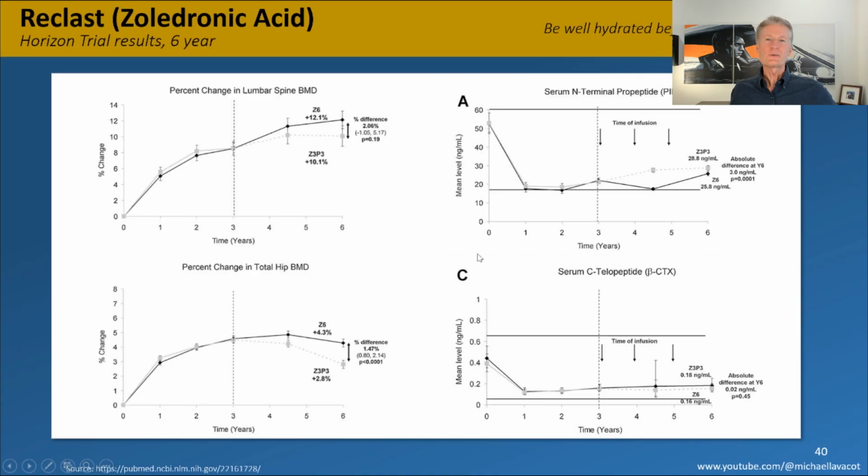Now the next two are bisphosphonates, Reclast and Fosamax. And these two, if your doctor is recommending you go on these, you probably want to print these out and put them in front of your doctor to say, hey, if I'm at -3, let's say in the hip, you'll never see -2.5 on these drugs. Because what happens is in the hip, it peaks out at about a 4.3% gain, which is about a quarter of a T-score. It's not much at all. You might go from -3 to -2.8, right? You'll never get out of the osteoporosis range. So this is not the drug you want to go on.